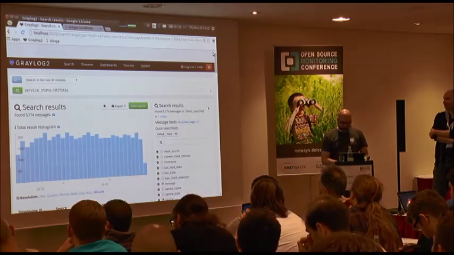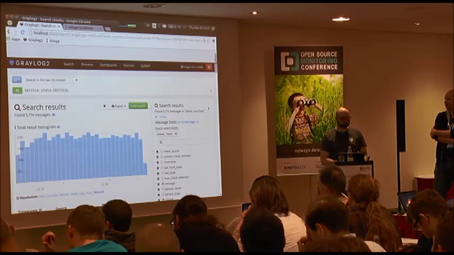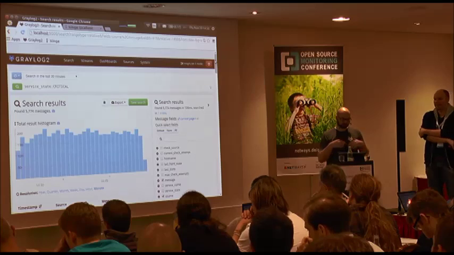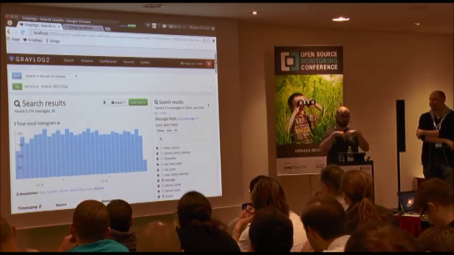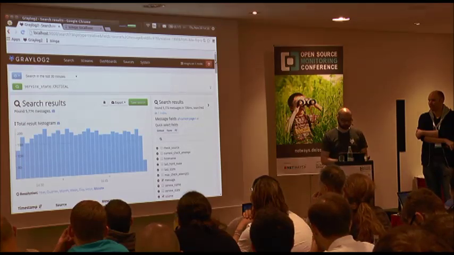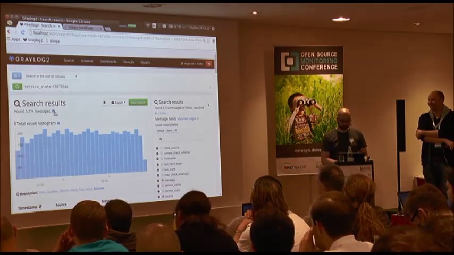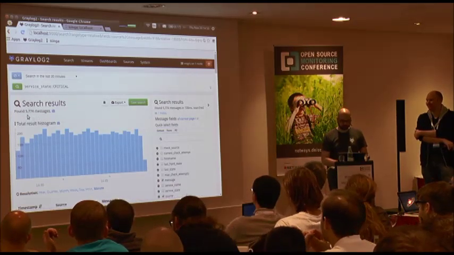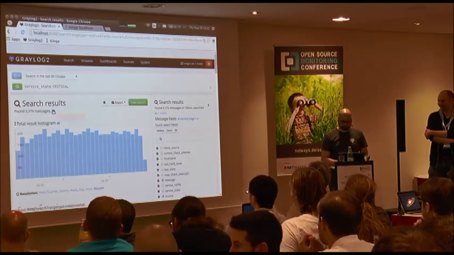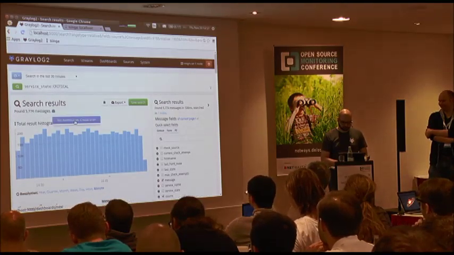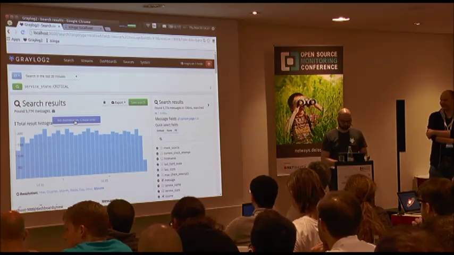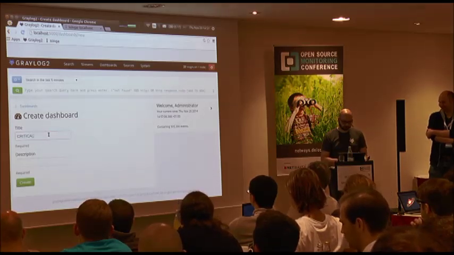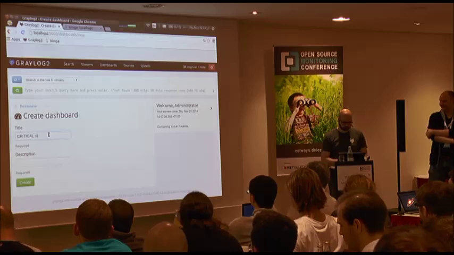So for example, if you now filtered for all the service states critical, let's say you want to create a dashboard out of that, so that you can have that running on some screen or something like that, so that you always see, okay, in the last 30 minutes we had X critical alerts. You can see here it's a bit difficult to see, because it's pretty small buttons. It says the search result is about 5,000 messages, or about 6,000, and then you have this little thingy here where you can say, okay, I want to add that to my dashboard, and there is currently no dashboard, so I want to create one, which I name critical status, whatever.